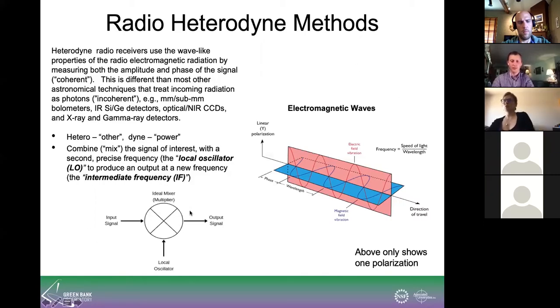Let me get my cursor here. So that's a block diagram. So you mix in something that you know with an input signal, and you get a new output signal. But since you know exactly what you put in, you can actually infer what the input signal is. And we do this